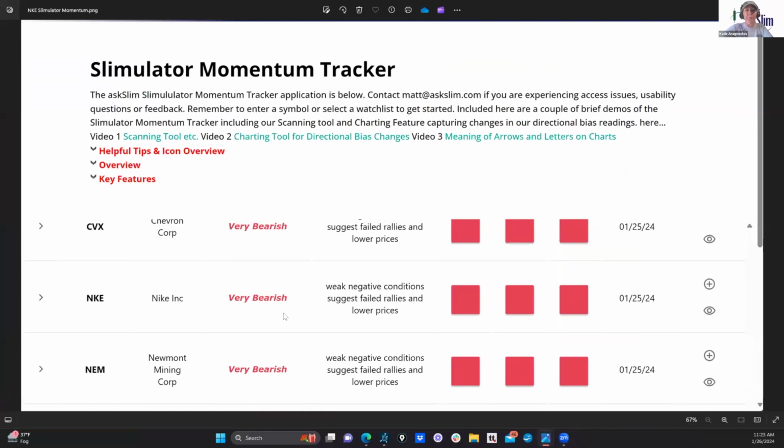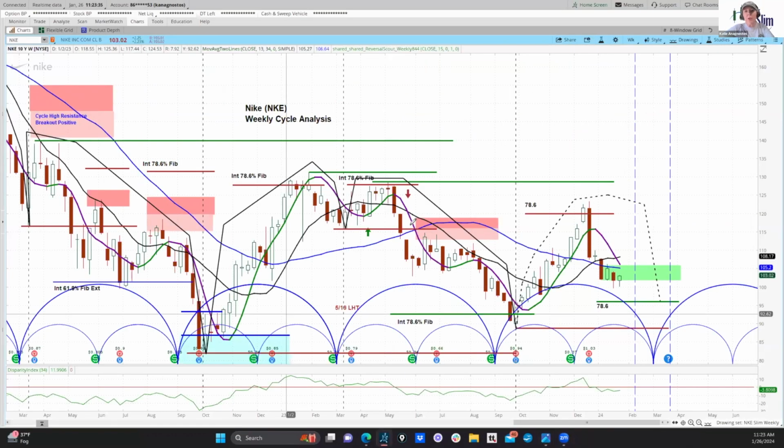It's right here. So now let's switch over to the chart. This is the weekly chart of Nike. On the bottom, we have a dominant 26 bar cycle, and it is broken into minor half cycles. And these cycle brackets are a drawing tool that help us visualize the money flows into and out of a symbol. The vertical black dotted lines show us where the cycles formed their lows relative to the ideal cycle troughs shown by the cycle brackets.